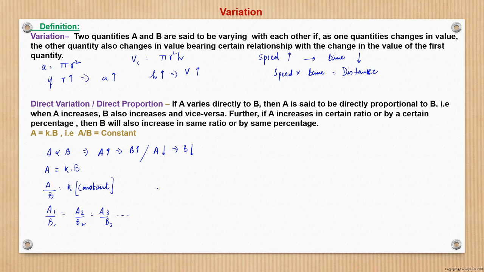So let us see now, in a generic term, if this axis is a and this axis shows b, then a and b will be directed by this straight line, wherein if this is the value of b, then this will be the value of a, right? If the value of b increases to this point, then the value of a will also increase to this point, right? And the rate of change in b will be the same as the rate of change in a. A few examples we will see.